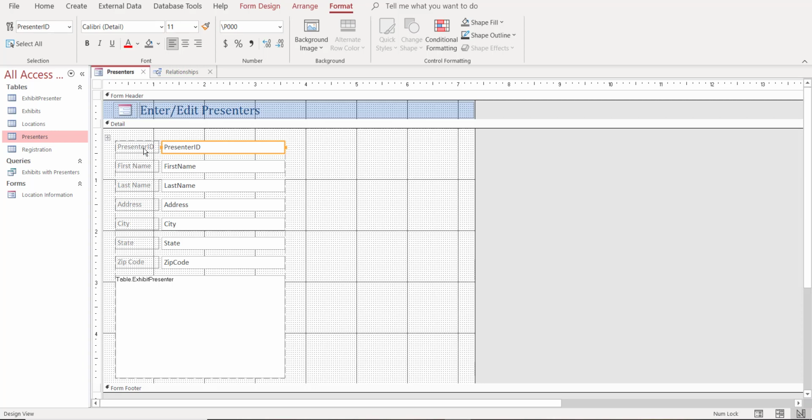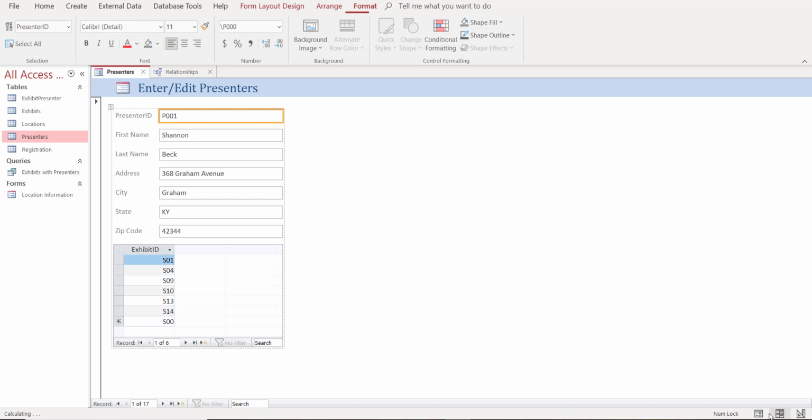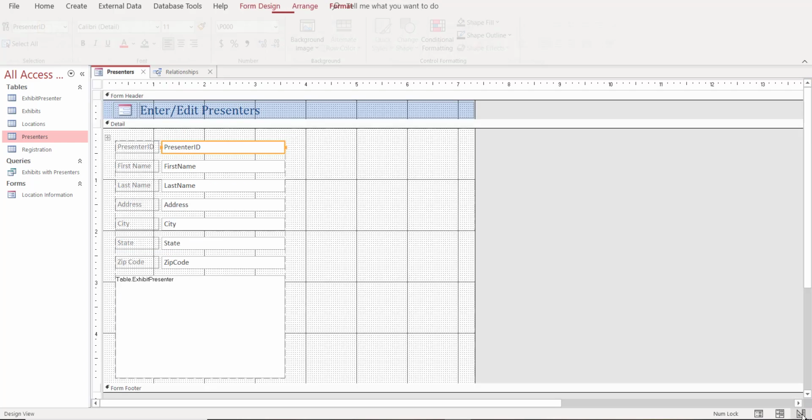Now, in this case, you can see there are two what we call controls for each field. The one on the left that's sort of transparent is the label for the field. The one on the right that has the white background is the control that pulls in the data. So if I look back in either my layout or form view, you can see this is the label and this one pulls in the data. Okay, so